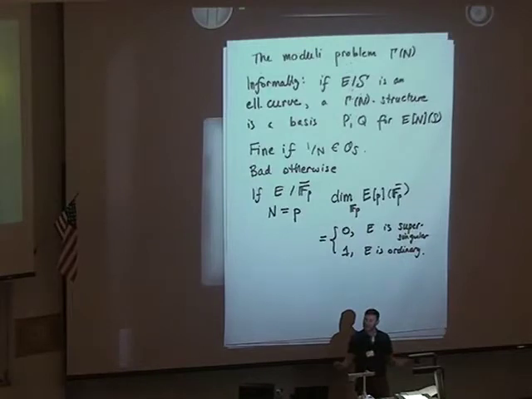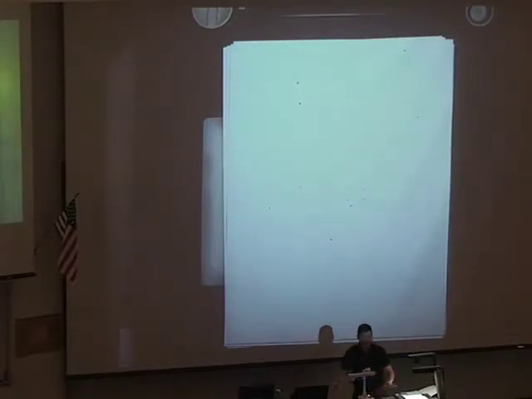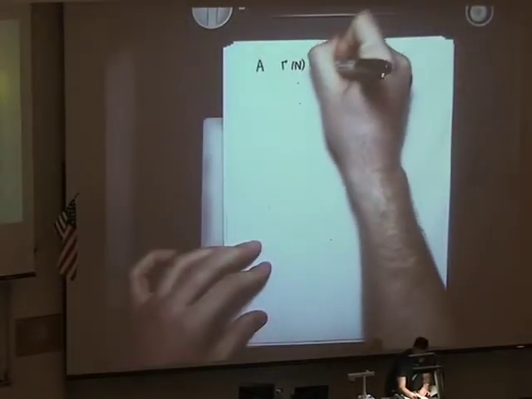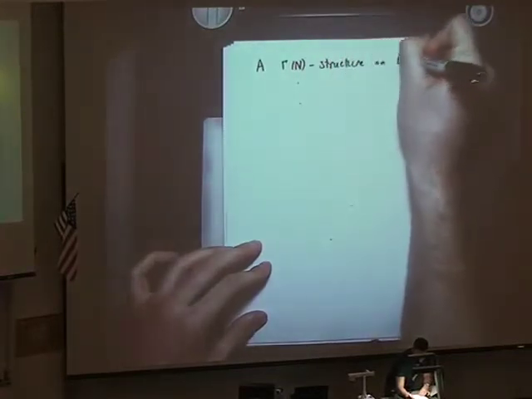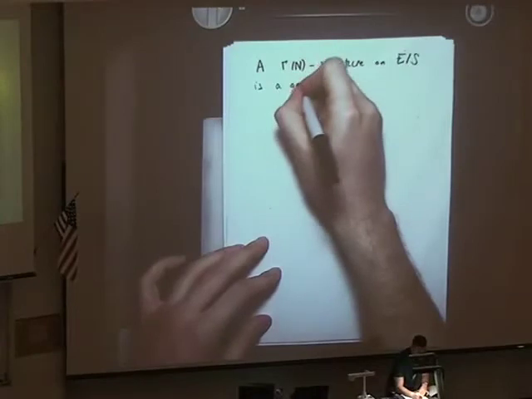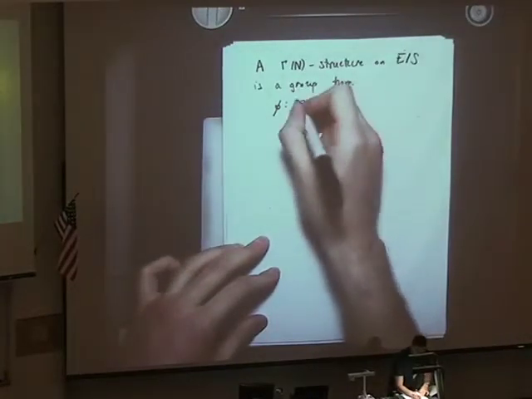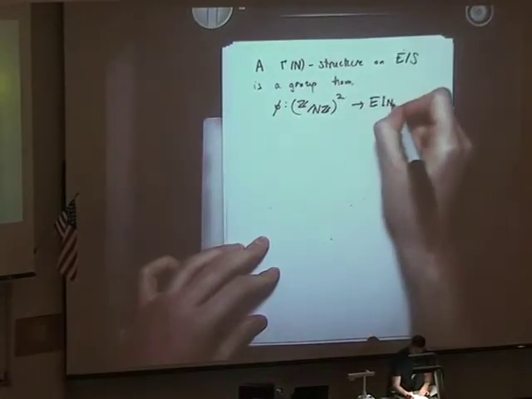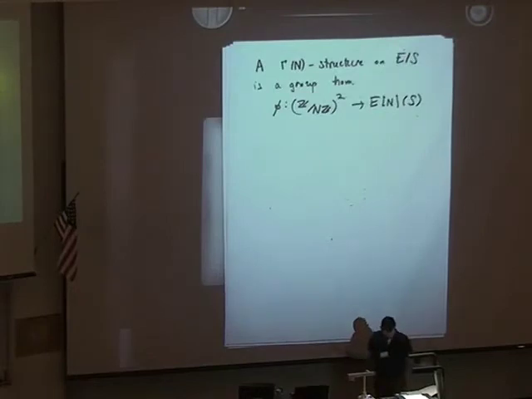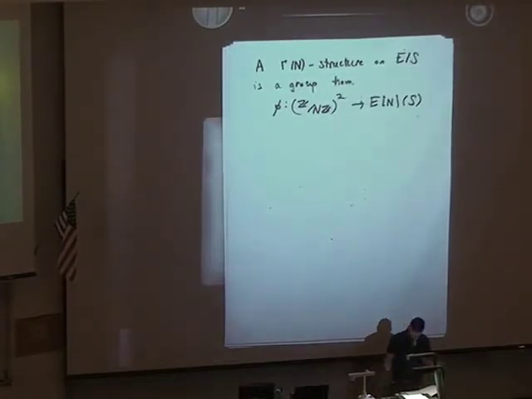So this is not the way that you should be defining a modular curve of level N in the situation where N is not invertible on the base scheme. So what can you do? Katz and Mazur treat it very delicately. The basic idea goes back to Drinfeld. So the right definition of a Gamma(N) structure on an elliptic curve over a scheme S is, again, basically a pair of points. I'm going to phrase it this way. It'll be a group homomorphism phi from (Z/NZ)^2 to E[N](S). This is basically the same thing as saying you've got a pair of points P and Q, the images of the standard basis vectors, such that